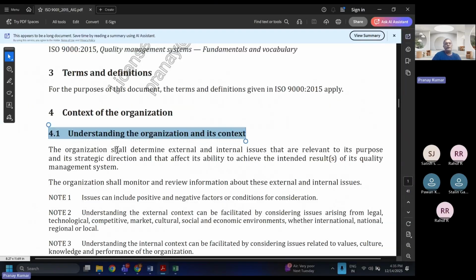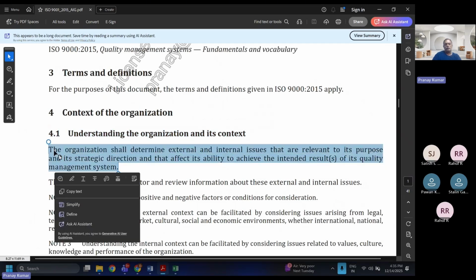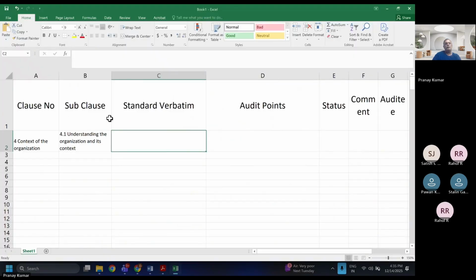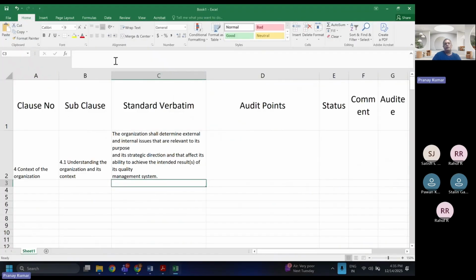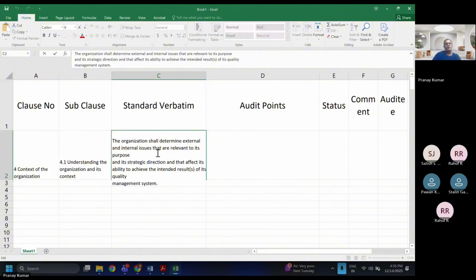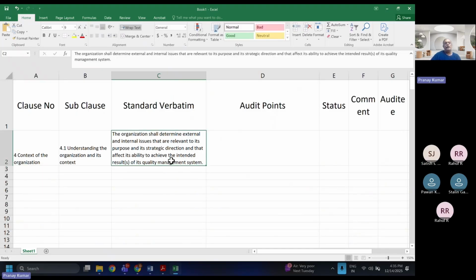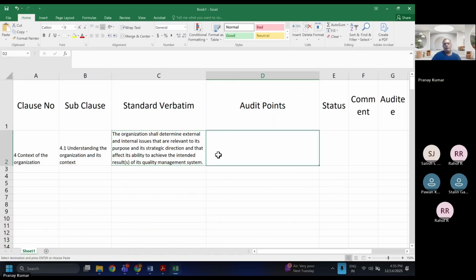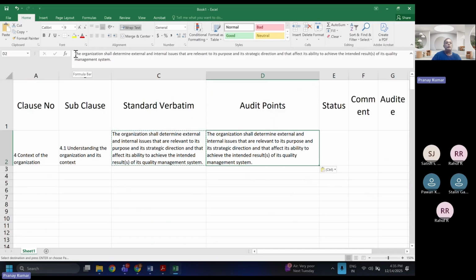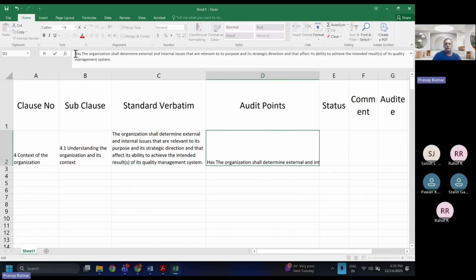What is the standard saying? The organization shall determine external, internal issues. I'm copy pasting the statement. Now I will simply turn this into a question. What is it saying? The organization shall determine external and internal issues. Copy, paste, turn this into a question. Question is, has the organization determined